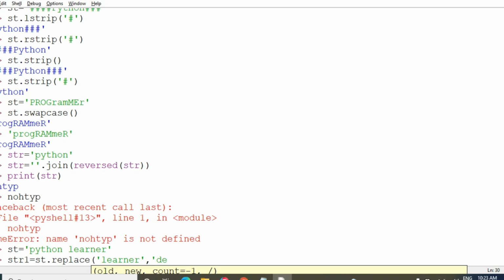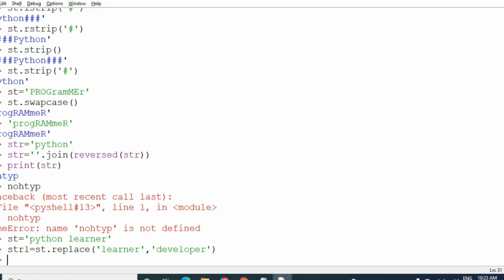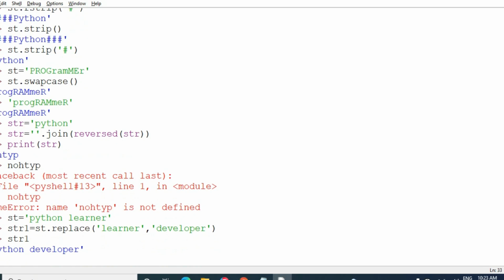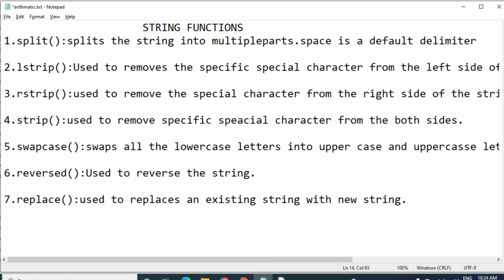The learner should be replaced by the new string. Which one do you want to replace it with? Developer. I want to replace the learner into developer. So I am taking the old string learner first, the existing string, and next I am taking the new string. Then str1. The Python learner string has changed into Python developer.